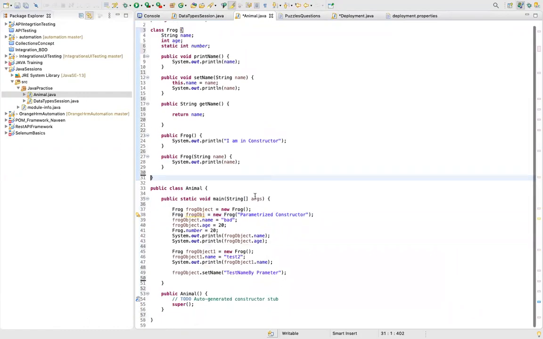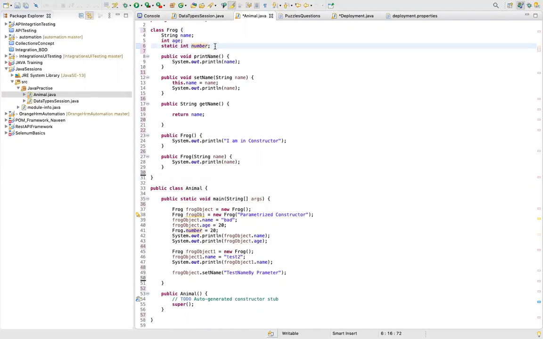Okay, so now the next topic is the different types of variables which we have. Yesterday we saw variables. Now we'll see instance variables and class variables, also with the help of the static and final keywords. So yesterday we saw string name and integer age.